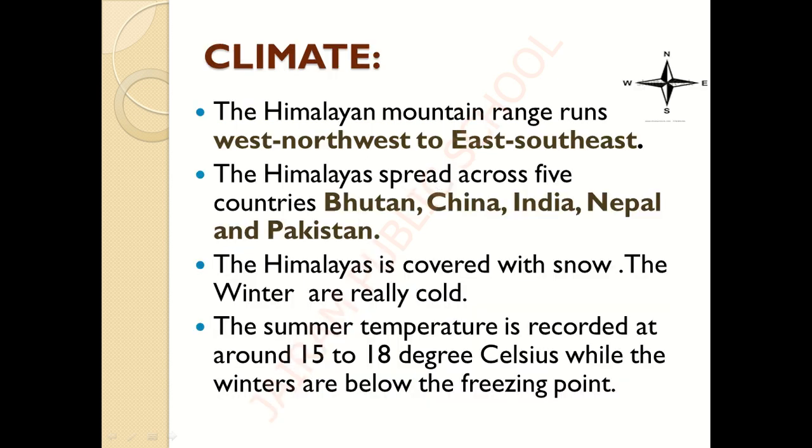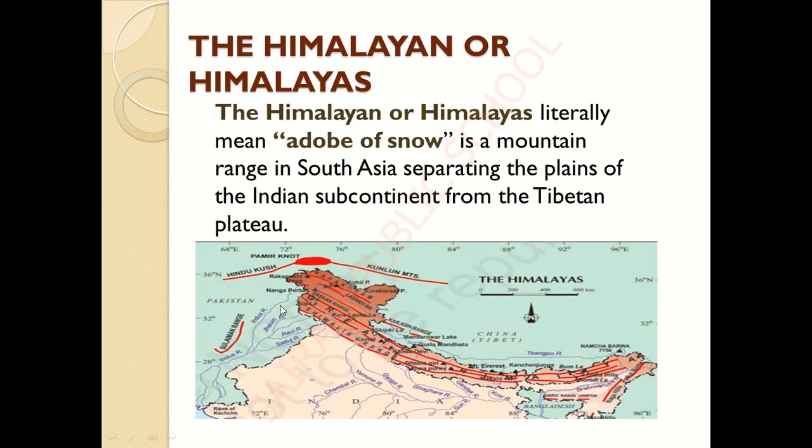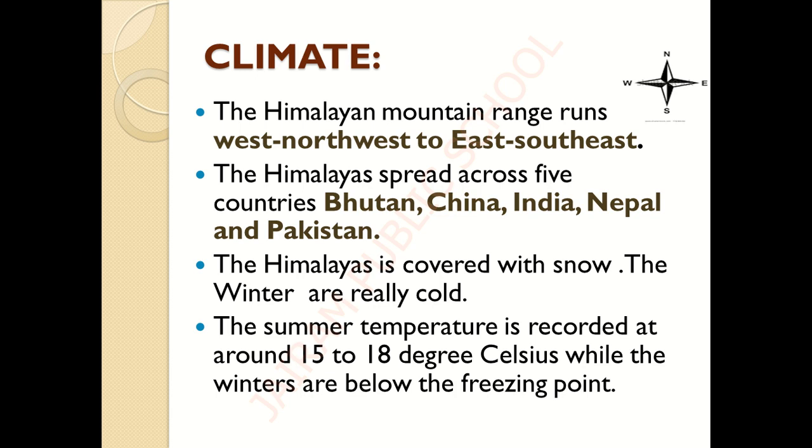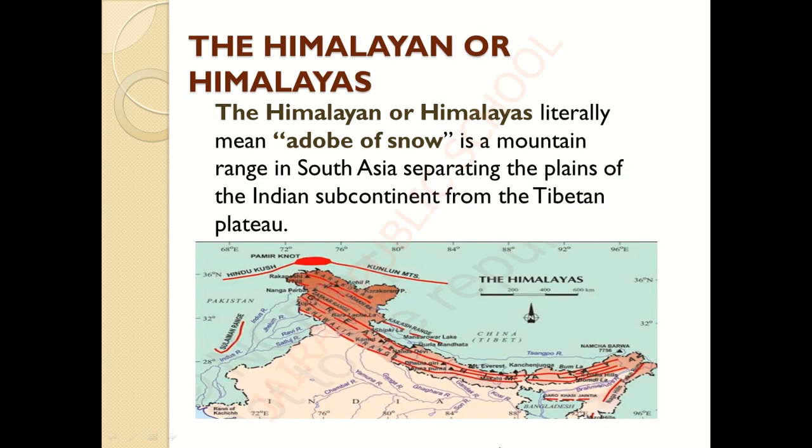Next we are going to see the extension of the Himalayan range. In the previous picture, can you notice the long part in brown color? This entire part we call the Greater Himalayas. Starting from here and up to this edge, entirely we call it the Himalayan covering part. We should all know the directions first, isn't it? The topmost part in the map we call the north direction, and the bottom part we call the south direction, and this side is the west and this side is the east.